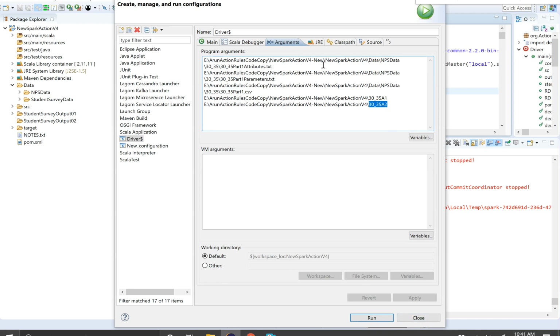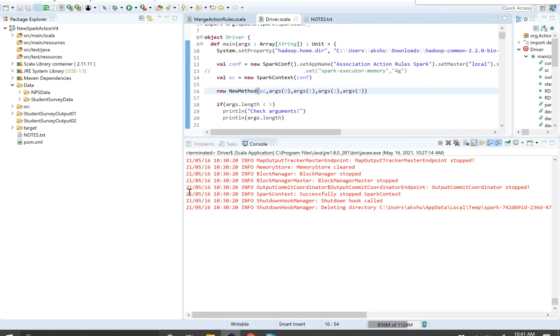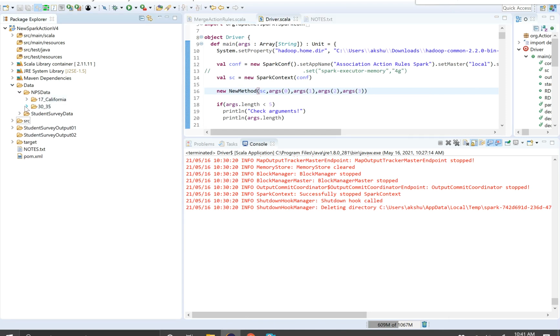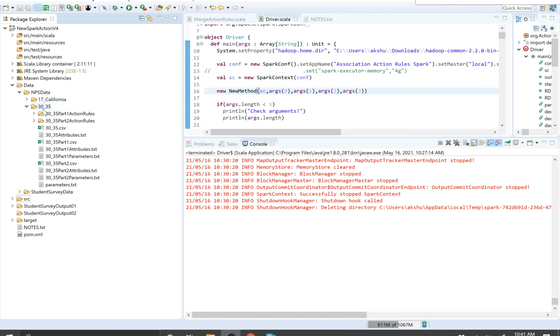I'll show where each of these files are located. Inside this data folder, inside this nps data, you have the 30_35 folder. Inside that, the 30_35 part 1 attributes.txt, part 1 parameters.txt, and then 30_35 part 1.csv, which is the data file.